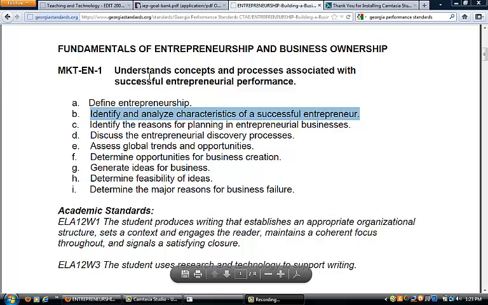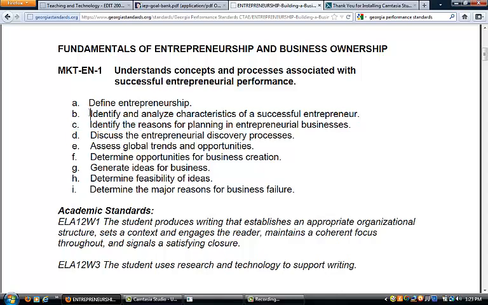Okay, so now that we've chosen our standard, I'm going to select that standard, and it is identify, and you can choose more than one, but we're going to identify and analyze characteristics of a successful entrepreneur. So I'm doing a Control C so that I can copy it, and then we're going to come to a new window,